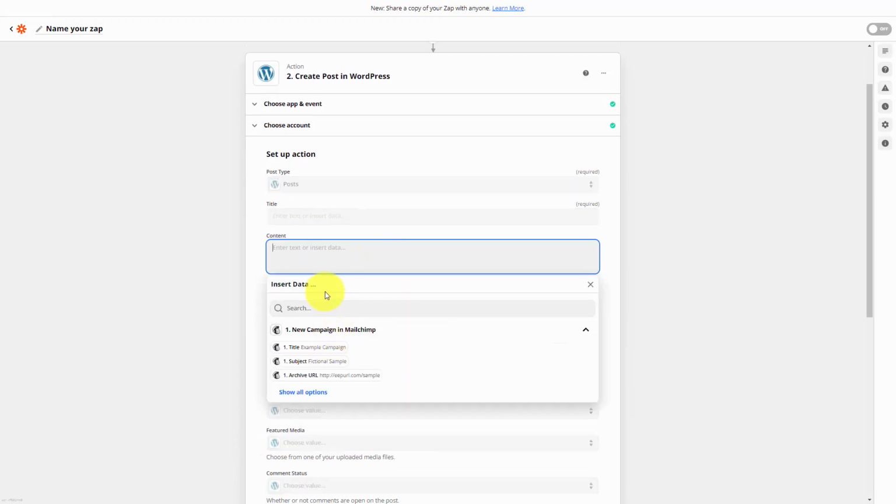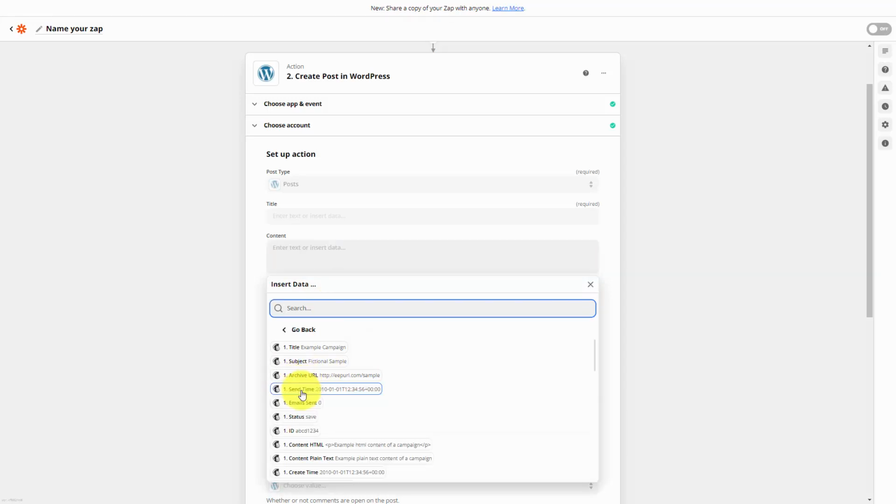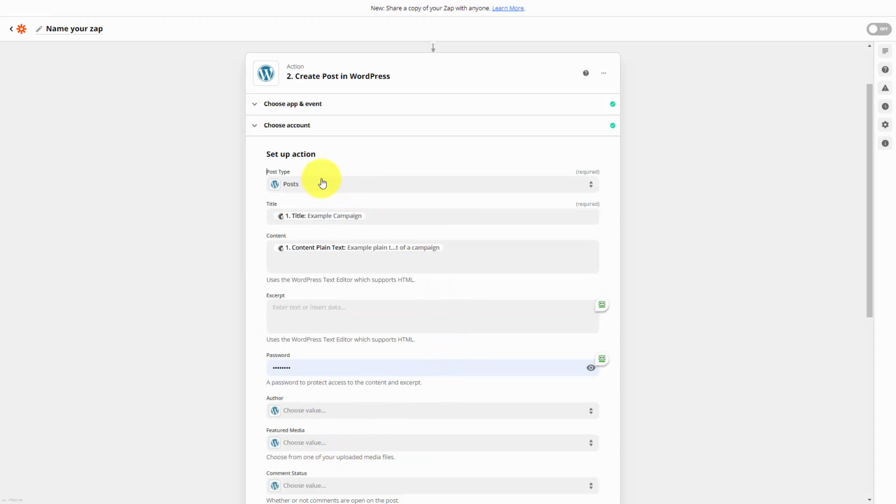And the data that we're going to use in the content area is going to come from the campaign in MailChimp. And as you can see, one of the things that we're going to be using is the archive URL. In some cases, we can go beyond. We can actually use the plain text of the actual post. And naturally, this means then that we will be going in to edit the post before we make the post go live. So as you can see here with Zapier, what we're doing is we're taking the information from the